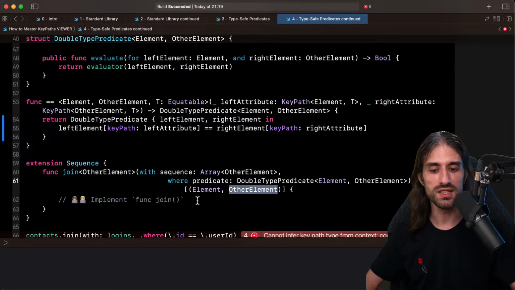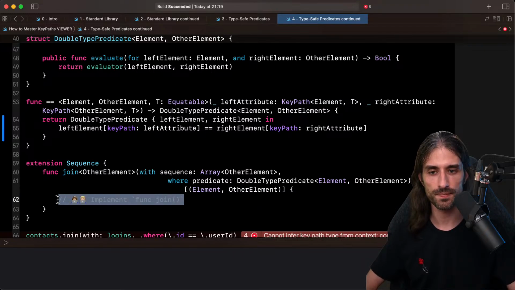Meaning we iterate over every pairing that we can do between elements of the two sequences, and we see whether they satisfy the predicate. It's not the best because the complexity of the algorithm is quadratic, and you can get much better by using indexes. But it will do here because the goal is not to get performance, but rather to see how to use key paths in some complex use cases.